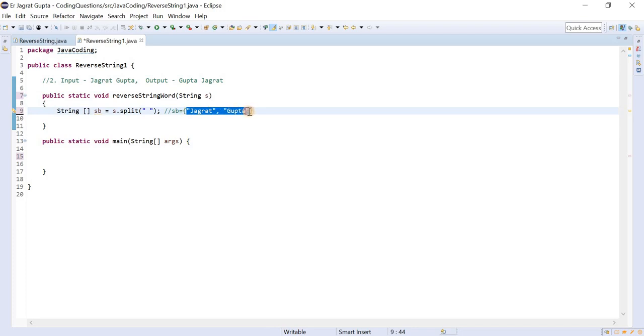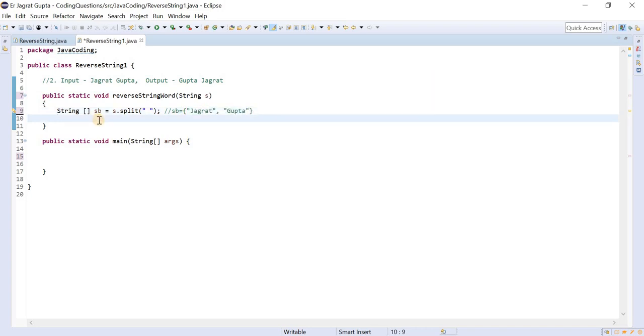Now we have this array. We need to traverse this array from the last index, and we need to go till the first index. Of course, we need to store it in a particular string variable, the same thing that we did in the previous video.